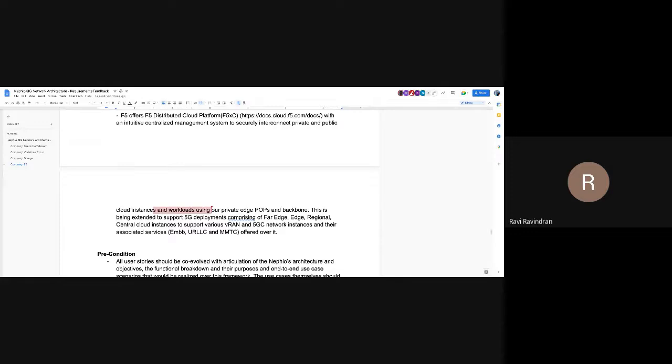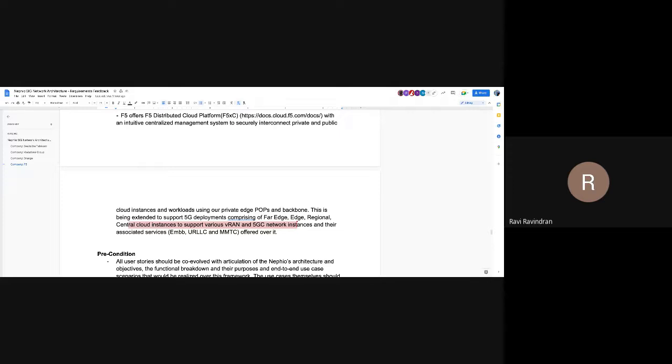So I gave a brief overview of where we are coming from, because normally FI is known for its big IPC. So we have a cloud platform which we use to do multi-cloud orchestration and workload management and so on. So the idea is to extend that for 5G deployment scenarios, and so that's why Nefio falls right into the ballpark for us to see exactly how we could leverage open source or technologies that are coming out of it.